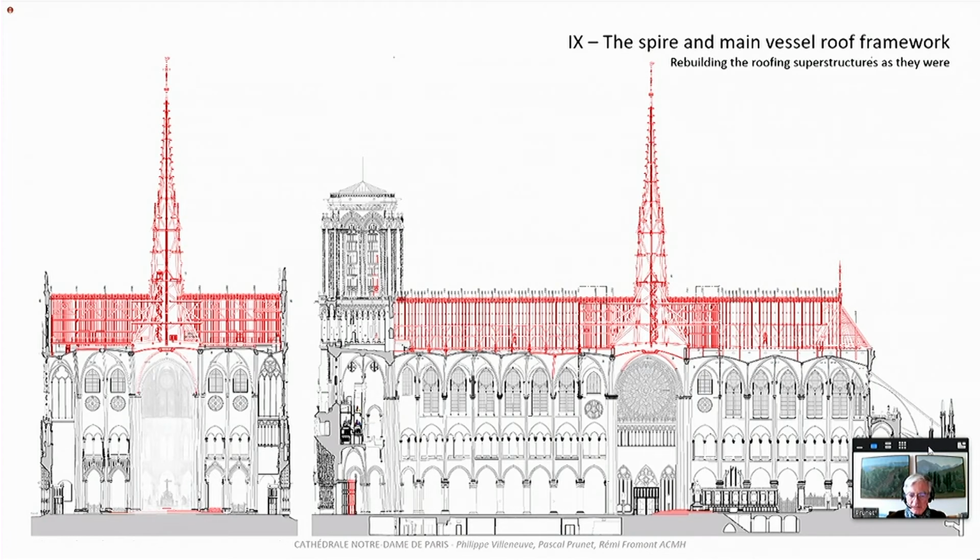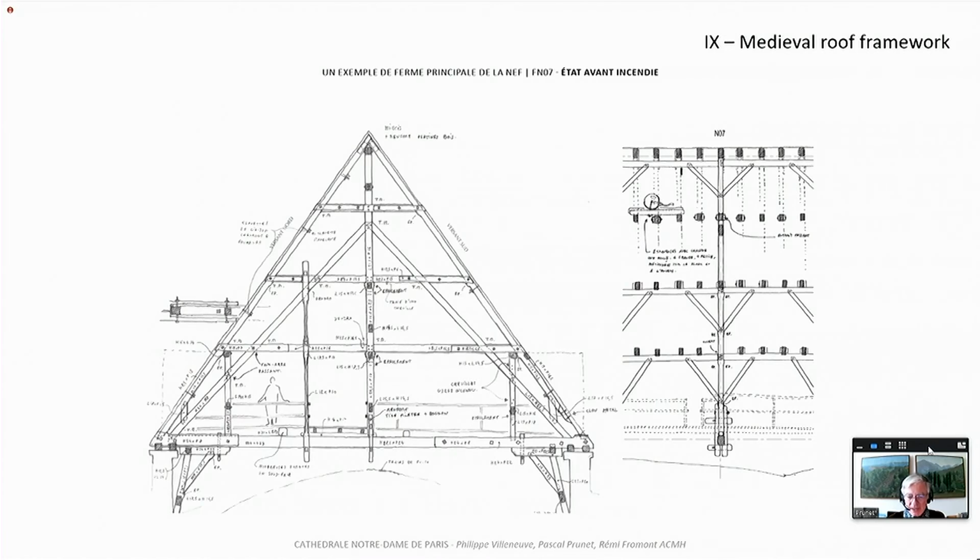There was a whole campaign made by Rémy Fromont, who's in charge of the reconstruction of the roof now, and one of his associates and partners. And then we had scans also, which were made hopefully before the fire, and so we could redo it almost as a 3-dimensional model in a way. And these are drawings of Rémy Fromont,